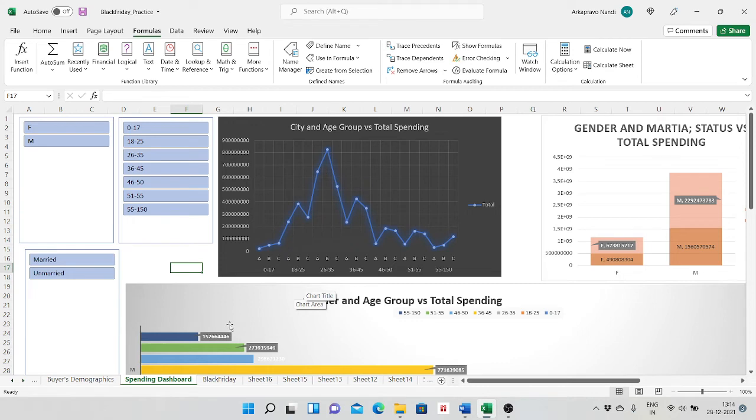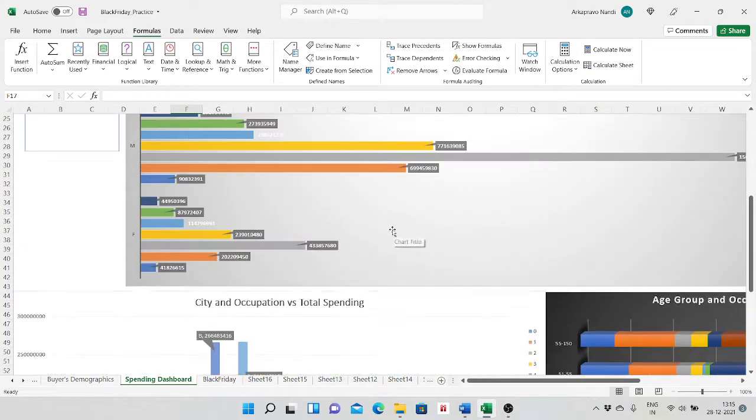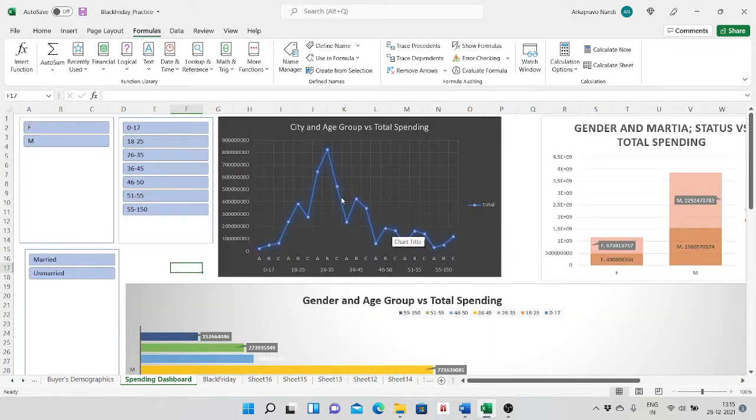So this is my first dashboard. It is a spending dashboard where I have shown different plots. The first plot is city and age group versus total spending. On the y-axis is the total spending of money, and on the x-axis are people living in three different cities, A, B and C. Under each city there are seven age groups.